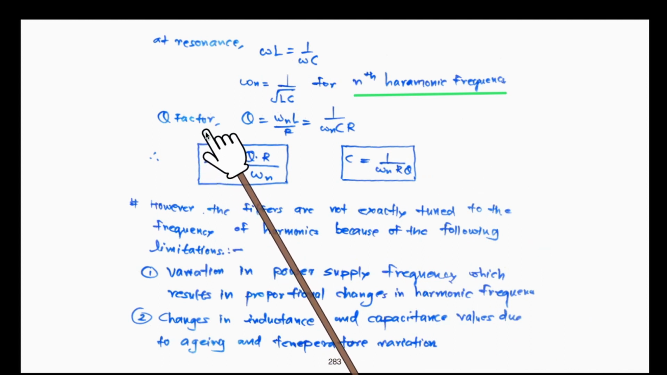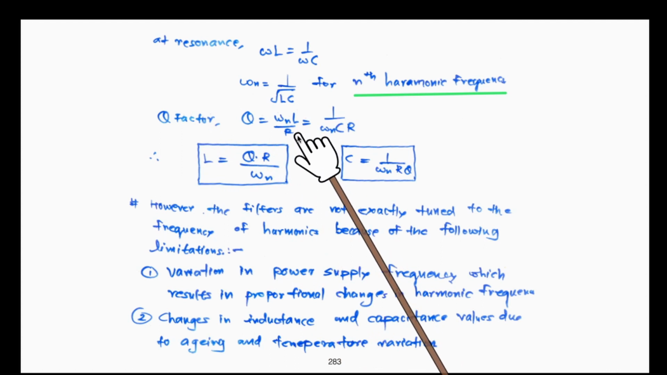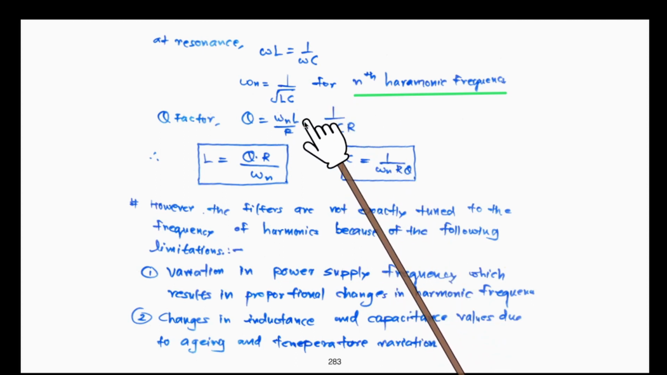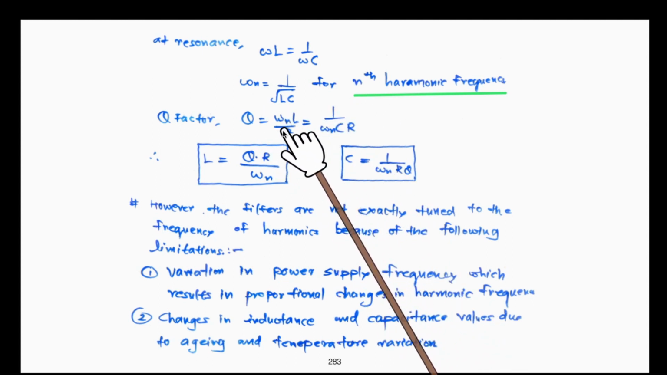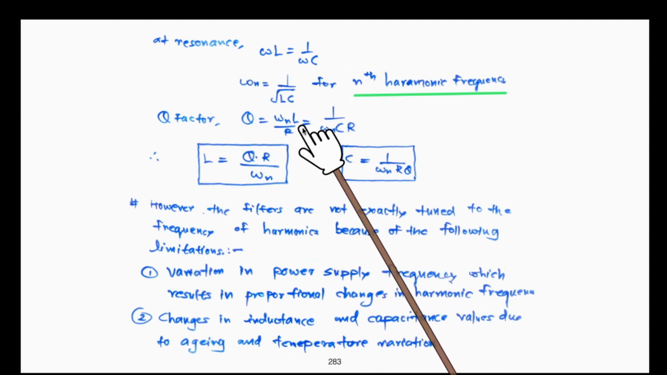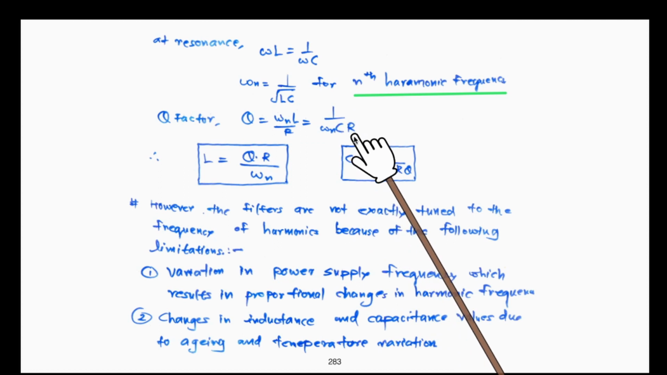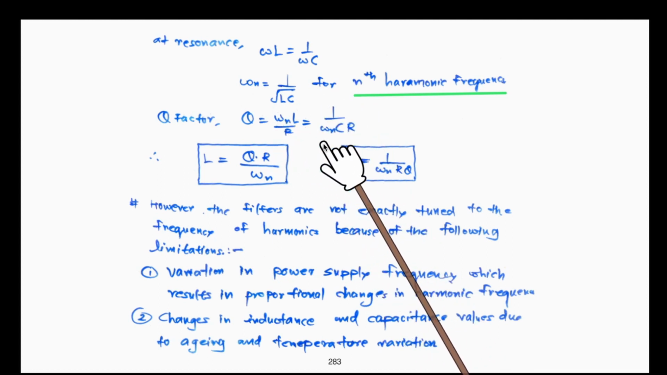Then we know the definition of the Q factor for an AC filter, that is Q is equal to XL upon R. In that XL we substitute the value of ωn. And of course we can write Q equal to ωnL/R, and since due to resonance XL is equal to XC, we can substitute in terms of XC as well, 1/(ωnCR). So ωL is replaced by 1/(ωC) here,